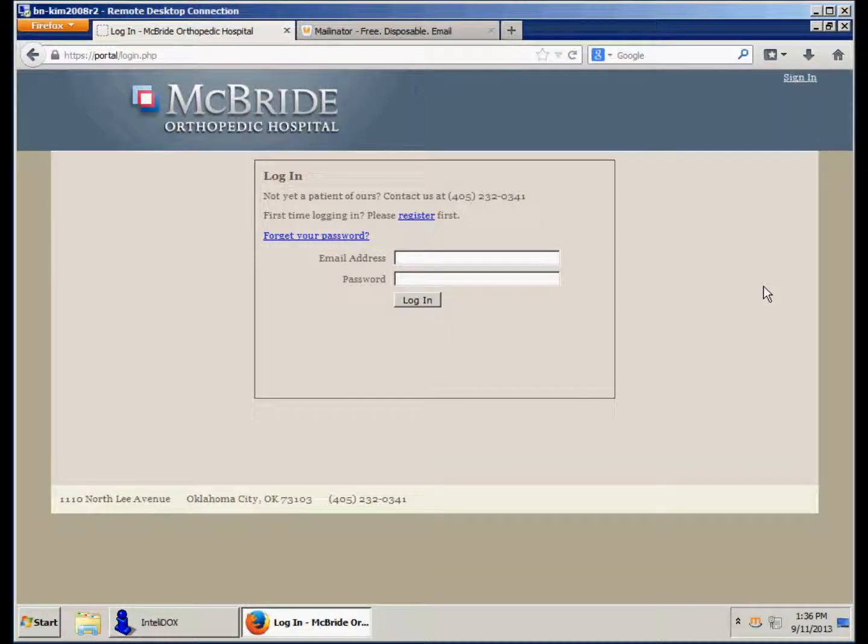The InteliDOX patient portal can help you increase patient satisfaction and comply with the 2011 edition or Stage 1 of meaningful use by giving your patients 24/7 access to basic information from their InteliDOX accounts. If your practice already has a website, BusyNet will work with your web hosting service to integrate the portal into your existing website. If you don't yet have a website, the portal is a great way to establish an internet